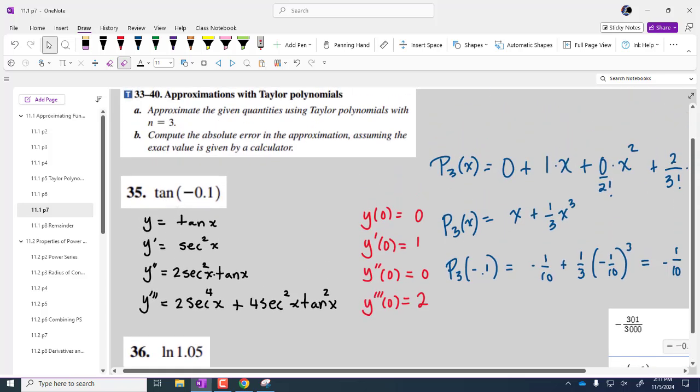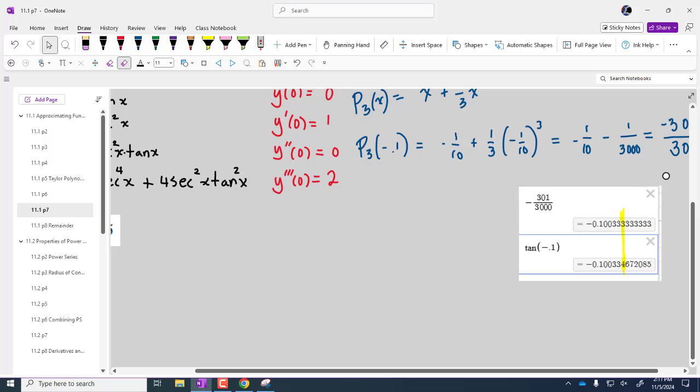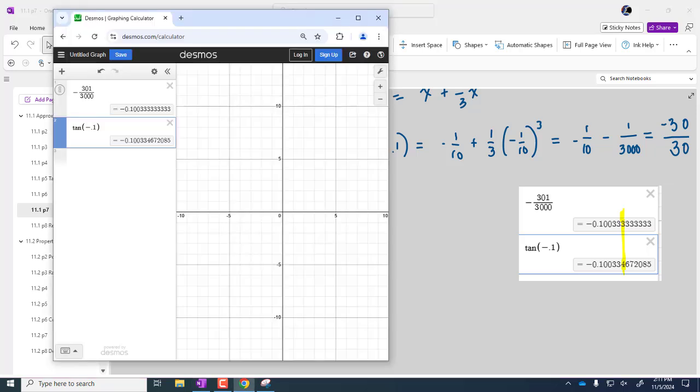Okay, what did it say? So approximate, blah, blah, blah. Compute the absolute error in the approximation, assuming the exact value is given by a calculator. So the remainder is, let's first just plug it in here. So the remainder is the actual value, so that's this one, right? Minus, so the actual is the difference between these two. So we're just going to subtract the two. So if we take the actual and we subtract off our approximation, we just